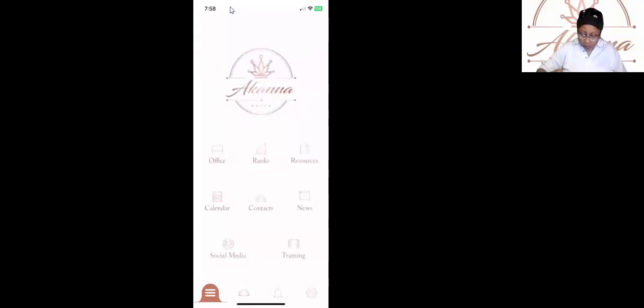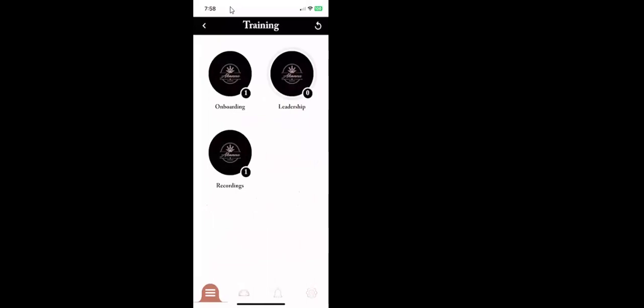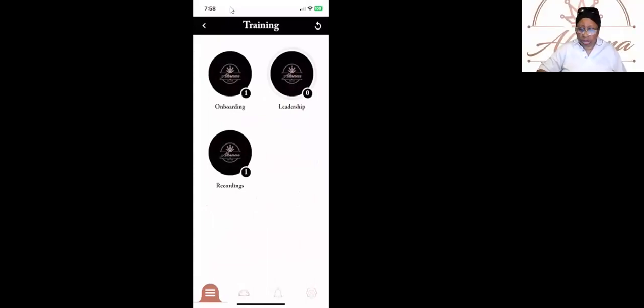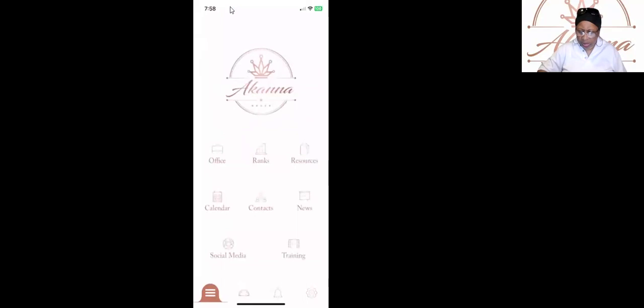Training manual. Mm-hmm. When you click, it doesn't just say training. Tell me what else you see on your home page. Okay, let me open it back up. It says training, and on the side, there's a list of everything. Like when I click the training, it has all kinds of stuff that pops up underneath, other bullets.